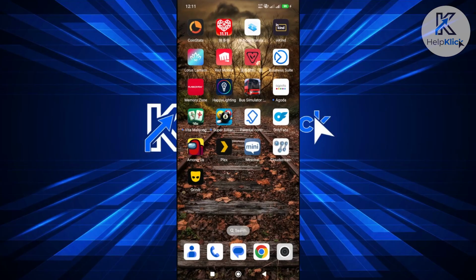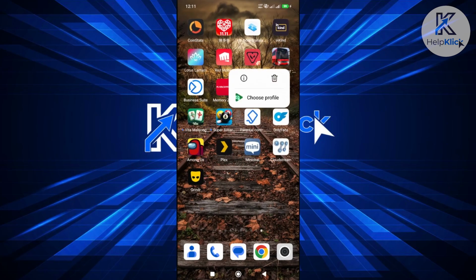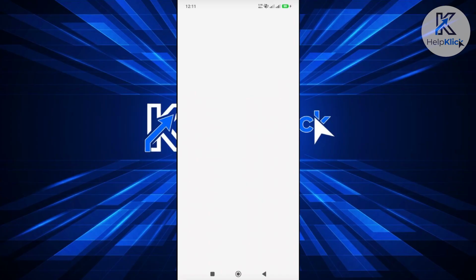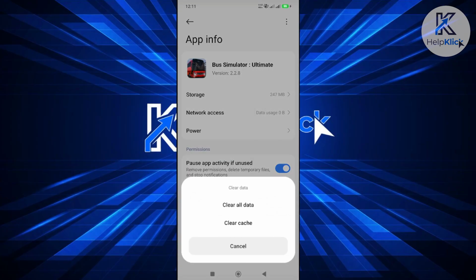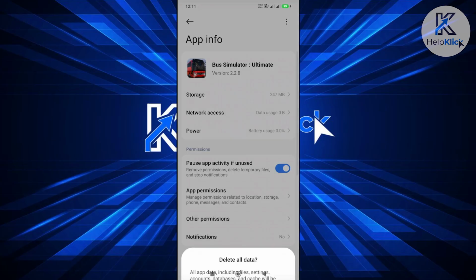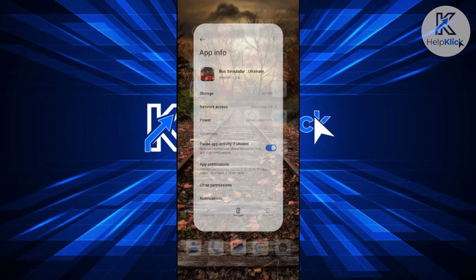But next thing that you want to do is go and look for Bus Simulator. You want to press and hold on it, until you see the pop-up here. So usually if you press and hold on it, you should see this pop-up. You can just click on the eye icon, and from here what we need to do is click on clear data at the bottom right of the screen and click on clear all data. Now click on OK, and once you've done that, you want to exit this window here,